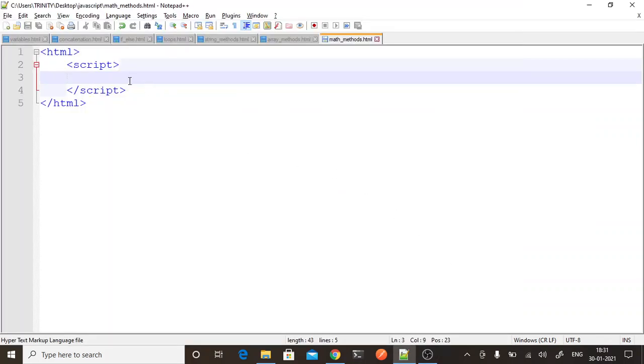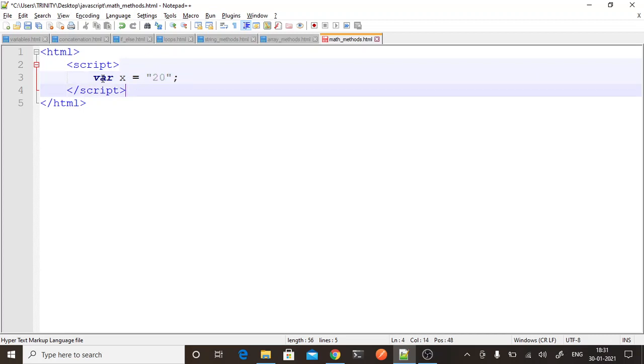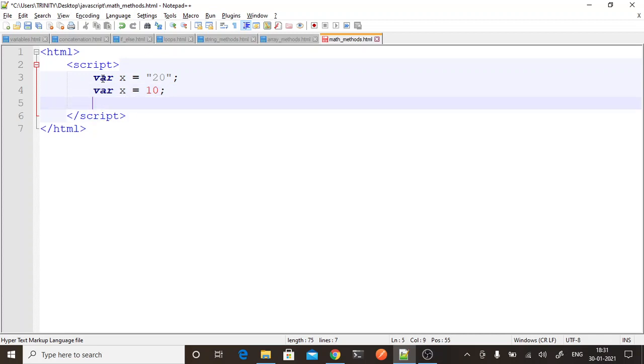Hello everyone. So today we are going to see some math functions. Let's say I have entered a number. I have given a number, but it is in the form of a string, 20. And then I have a number which is given in the form of a number. So now if I try to add these two,